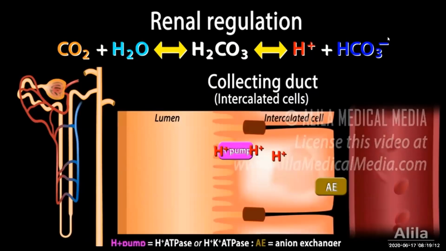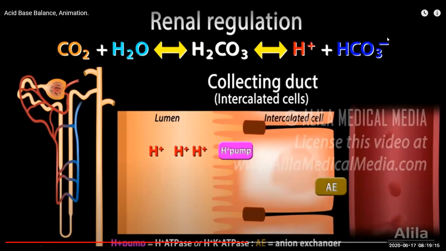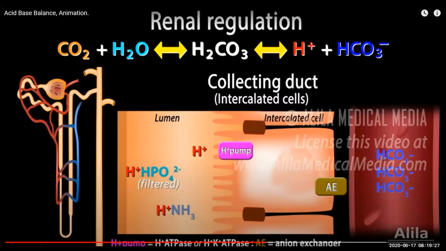As protons are depleted from the distal tubular cells, the equation shifts to the right, producing more bicarbonate, which then exits into the blood. Hydrogen ions secreted into the lumen combine with urinary buffers, mainly filtered phosphate and ammonia, to be excreted in urine. The ammonia buffering system is particularly important because, unlike phosphate, which is filtered in fixed amounts